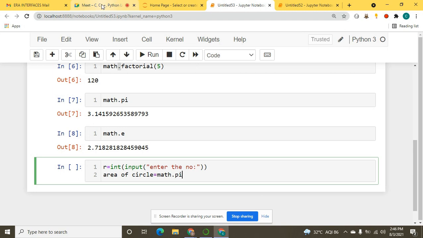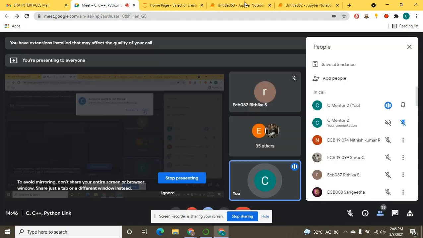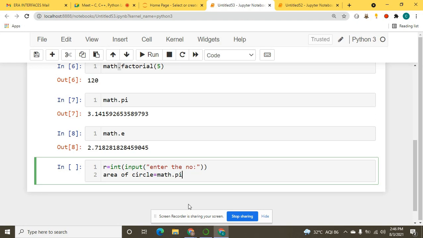It will take the value of math.pi and solve our problem. So here I will say math.pi multiply r and double asterisk 2. This is math.pi multiply r raised to power 2. That is pi r square, right?